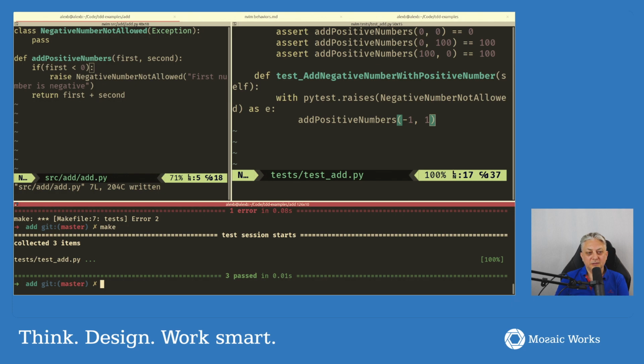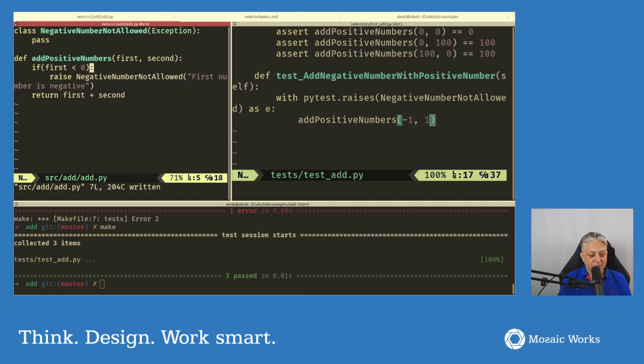We ran it, we didn't get the exception. We then raised the exception, and through the exception, the test passes. All right. Now this is one way of doing this. Of course, another way would be to just say,